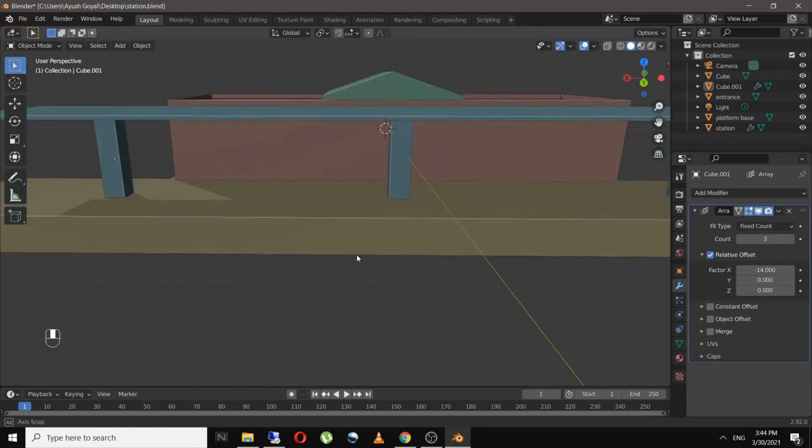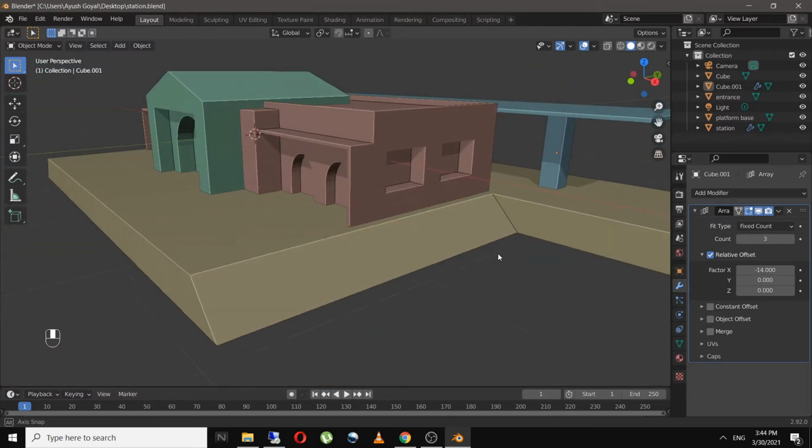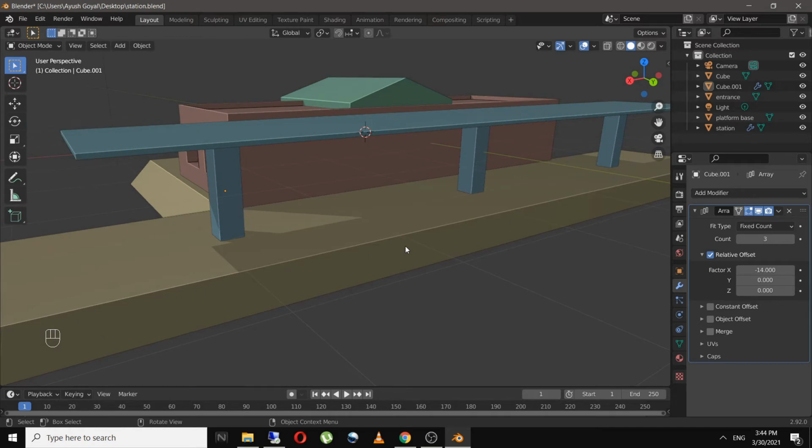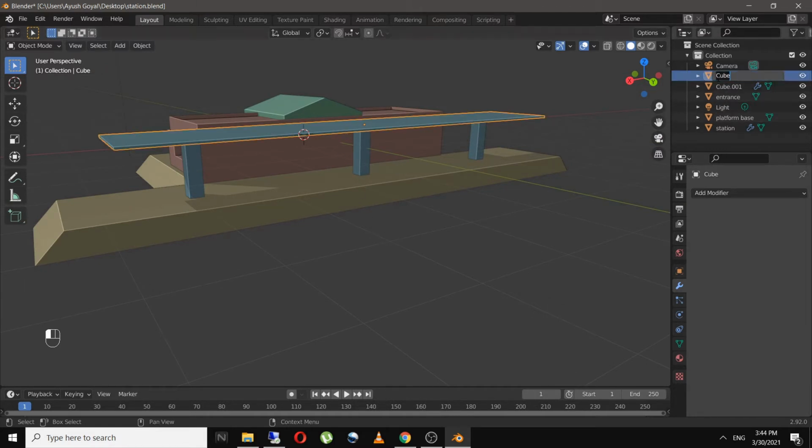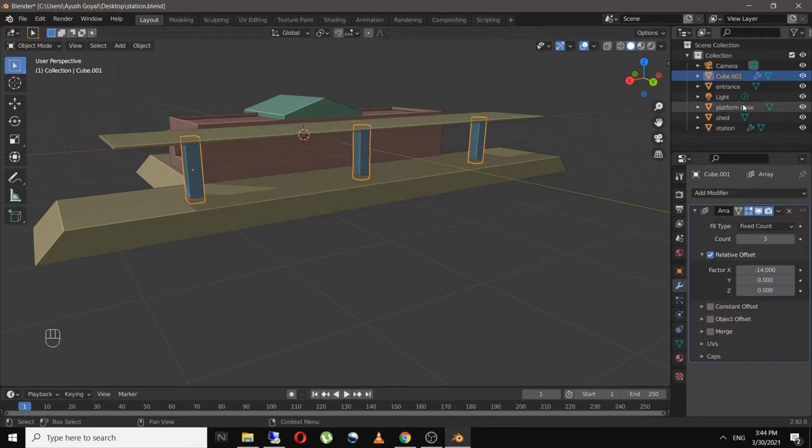This is a very helpful tool and it helps in creating many complicated models and even simple models like stairs. I'll just rename the platform props.